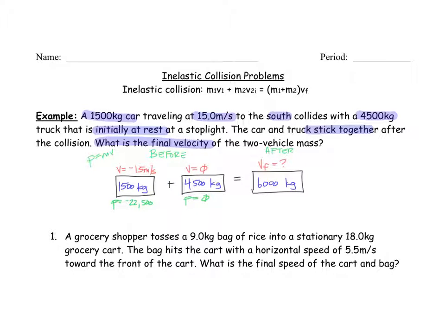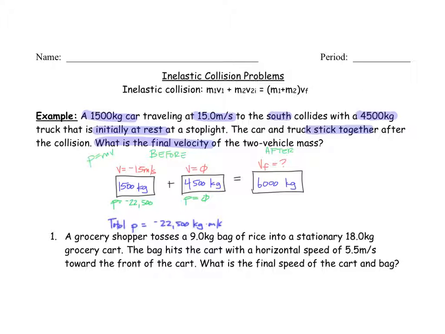So if I add those two together, if I want to get a total, I'm going to take negative 22,500 and add 0 together, and that gives me a total momentum of negative 22,500,